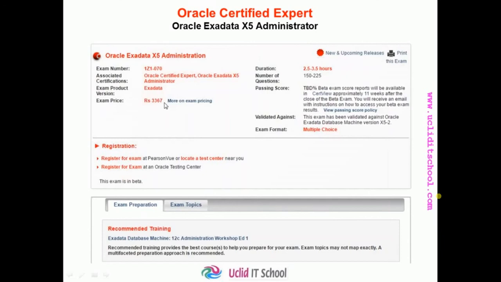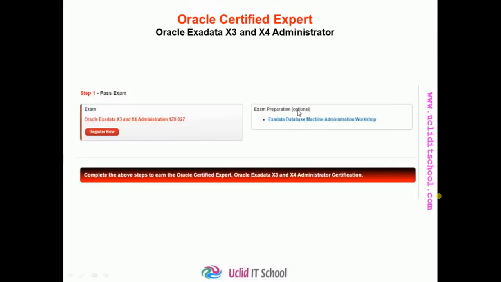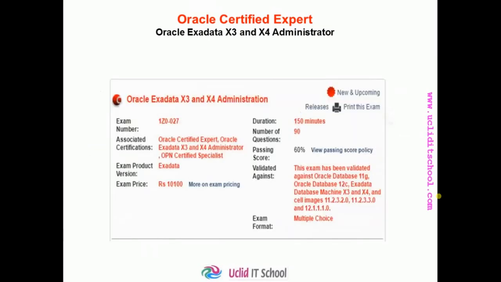It is very less because it is still in beta. But if you want to go for the X3, X4 based certification, the price is 10,000 rupees. You will have 150 minutes time and 90 questions, all multiple choice only.